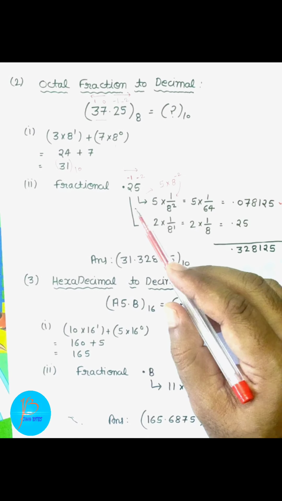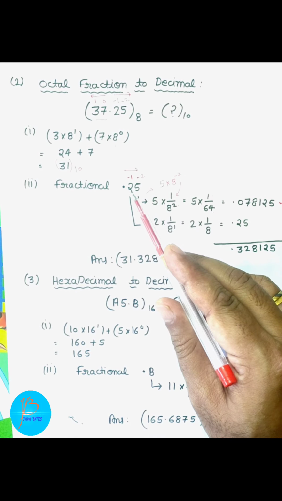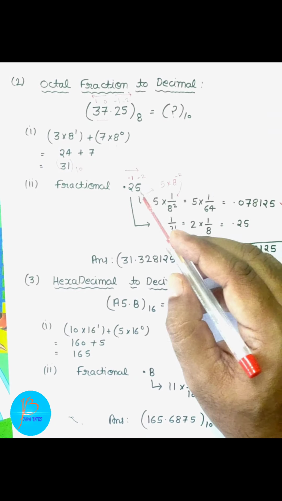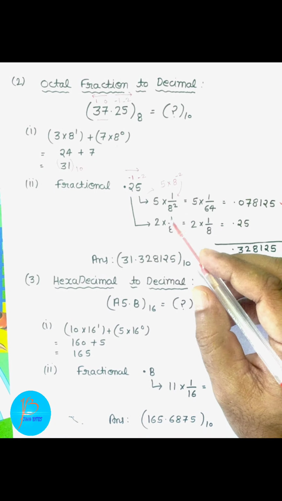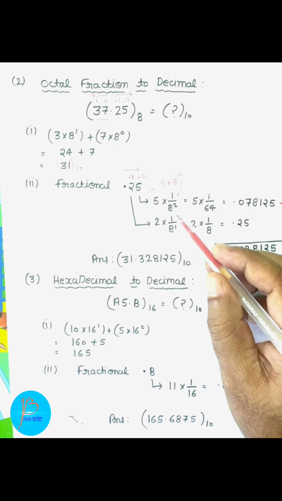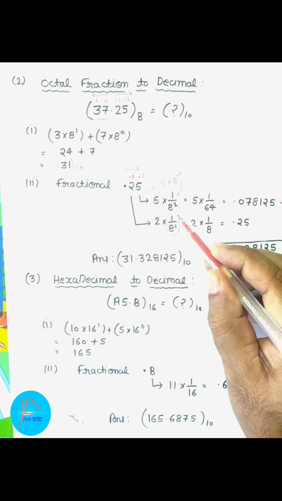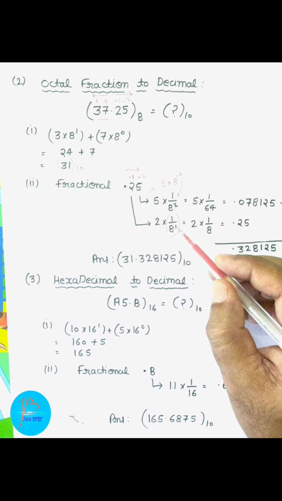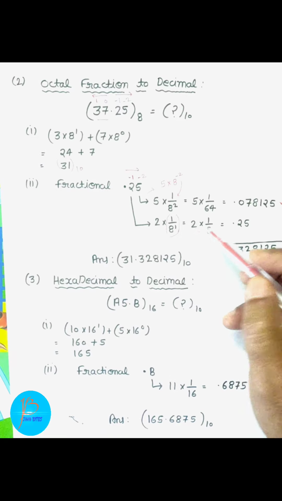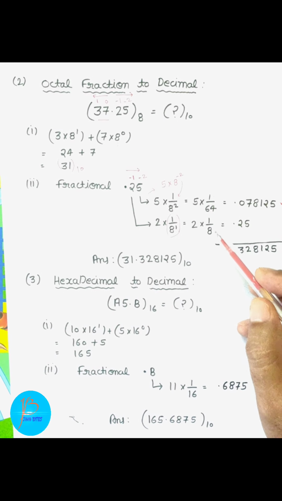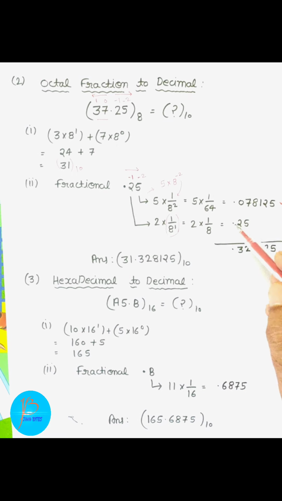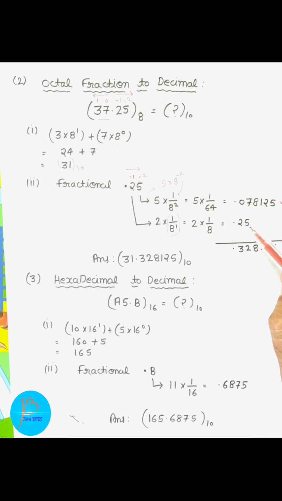After that children, in the same way you will calculate for 2 also. Okay, the leftmost value is given as 2 and the number upon this is given as -1. It means 2 into 8 raised to the power -1. So 8 raised to the power -1, you will convert it into positive by writing it in the format of a fraction. So it will turn to 1 by 8 raised to the power 1. Okay, so now your calculation will be 2 into 1 by 8, and when you calculate this you will get the answer as 0.25.